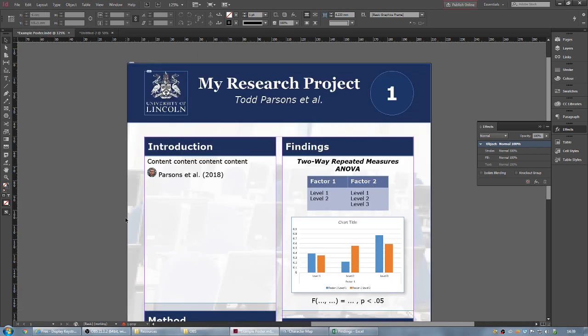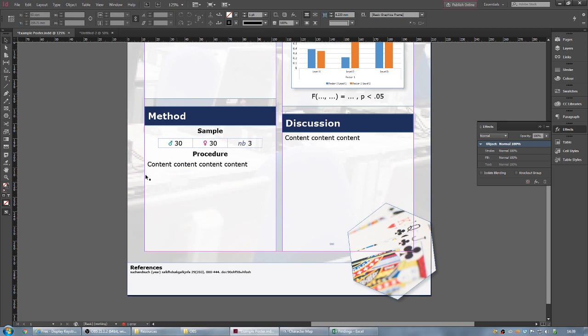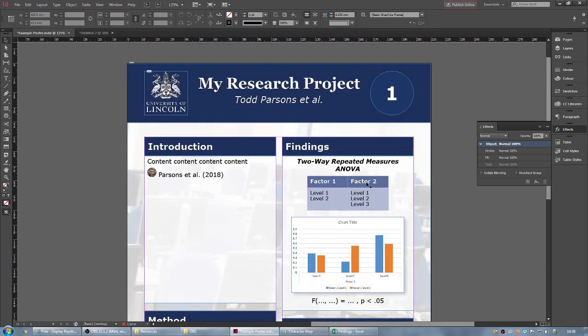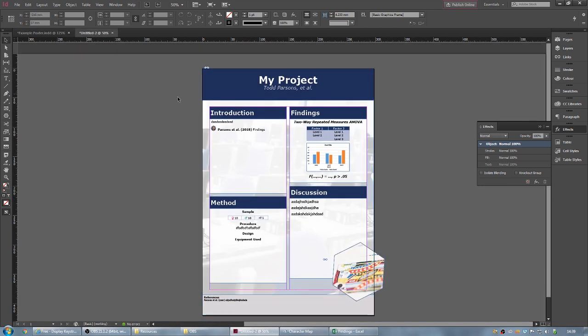So let's go back to this one that I made earlier and just compare it. Yep, I think I got everything in there, didn't forget anything. Apart from the logo and the number. So that's the final thing to remember. So you'll need to have the university logo, preferably in the top right corner, but in theory anywhere. And you'll also need to have your particular group's number if you're an RS2 poster, or your number if you're a dissertation poster. So the way we're going to do that is we're going to draw another square just up here,